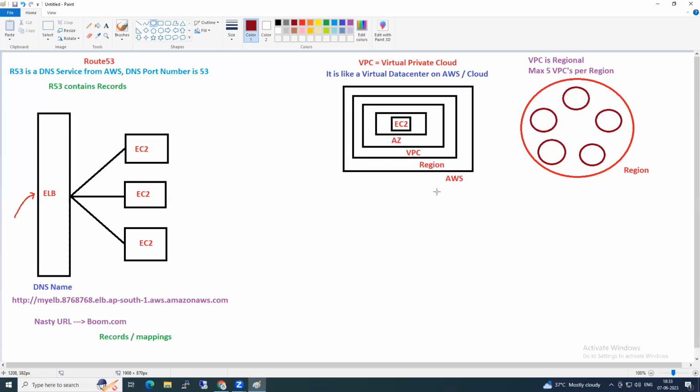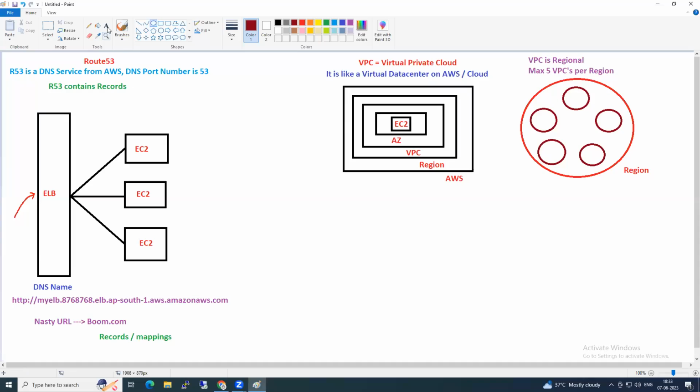Maximum 5 VPCs per region, per account. How many regions are there in our account? Now it has reached almost 27. So in each and every region, how many VPCs can you create at maximum? 5.